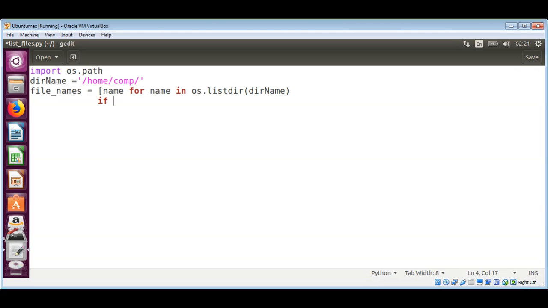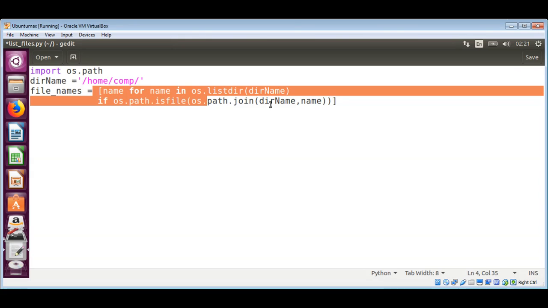If os.path.isfile, this function checks if the path we are getting is a regular file. So os.path.join, we will join our directory name and the name of our file. So this function can check it for file, and